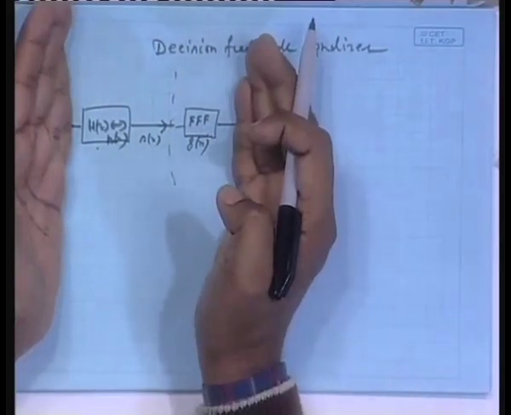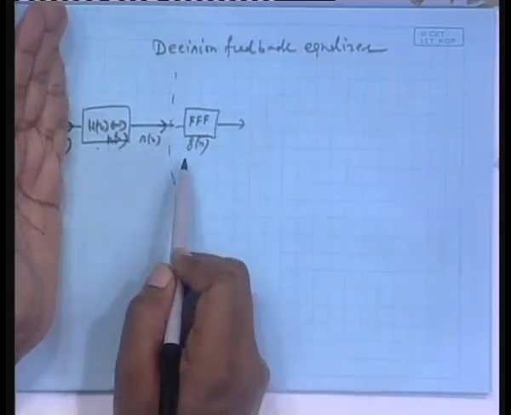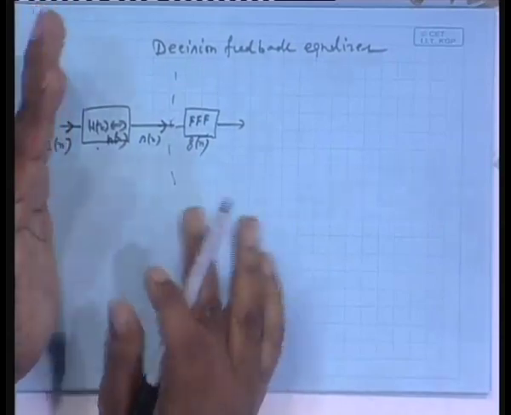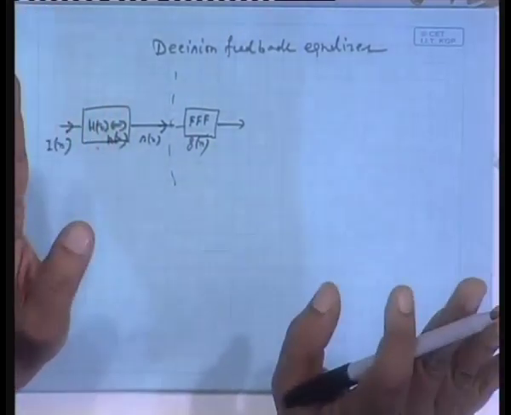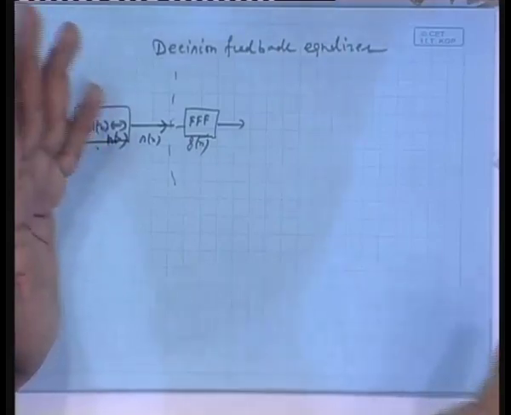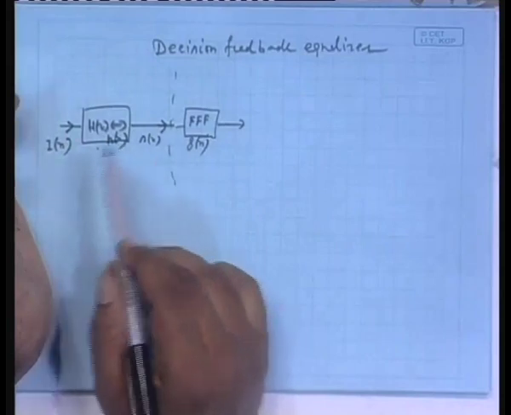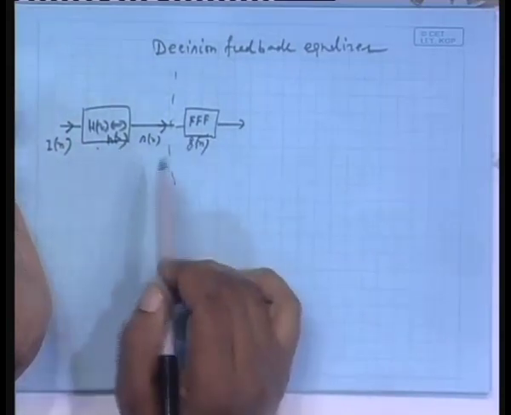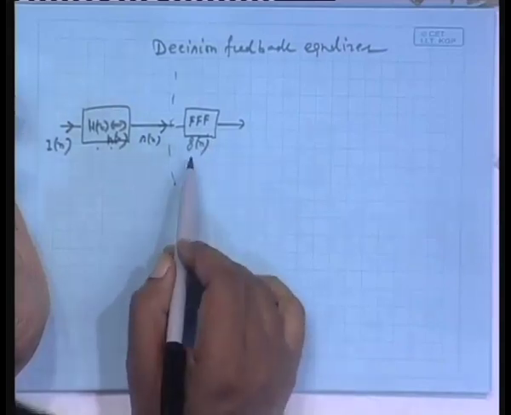So, what is the overall impulse response? That is H(n) convolved with G(n). At least some of you have done analog, and electrical people already know some DSP, I suppose, isn't it? Our students do not know, but electrical know. So, there will be this discrete convolution between H(n) and G(n). You design the G(n) so that